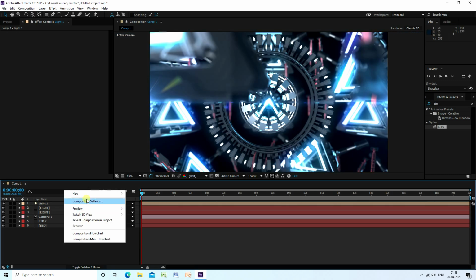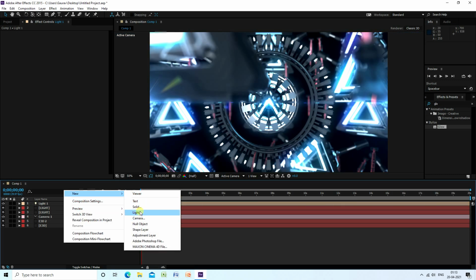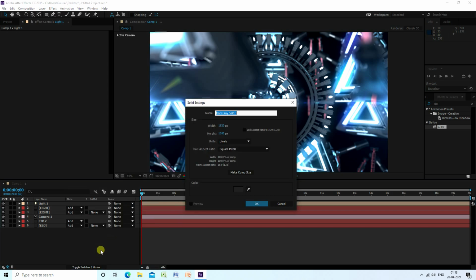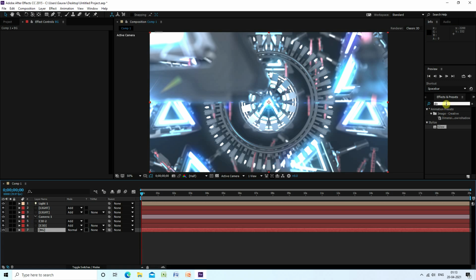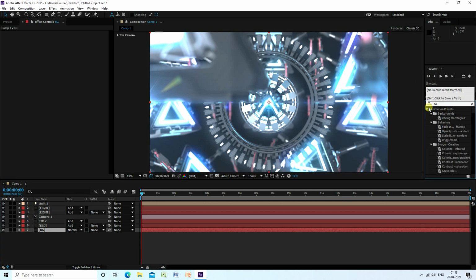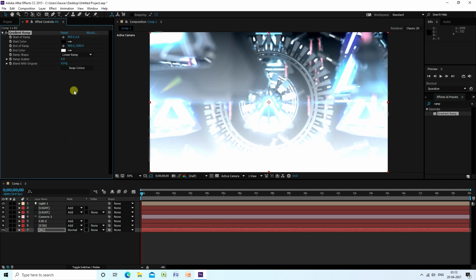Okay, so also guys last one, you can use background. So go to solid layer and use BG, that's my background, and go to last one, and guys apply ramp effect. Ramp, select this gradient ramp and apply.